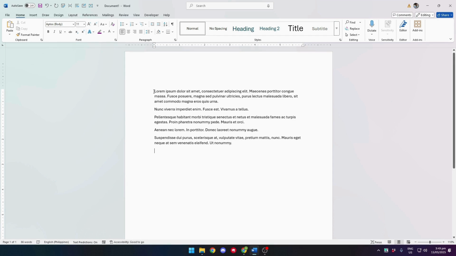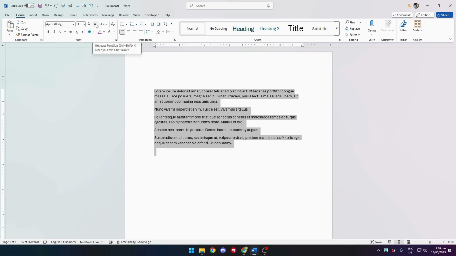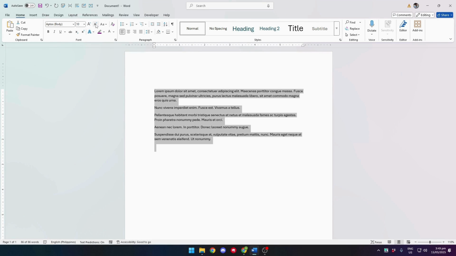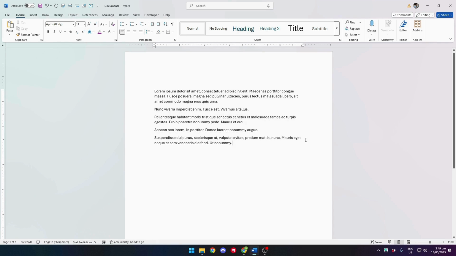So we can do that simply by highlighting our text. Now click on this small A right here, and that will show Decrease Font Size. And to make it easier for yourself, you can also use shortcut keys. And the shortcut for decreasing font size can also be seen when you hover your cursor right here, which is